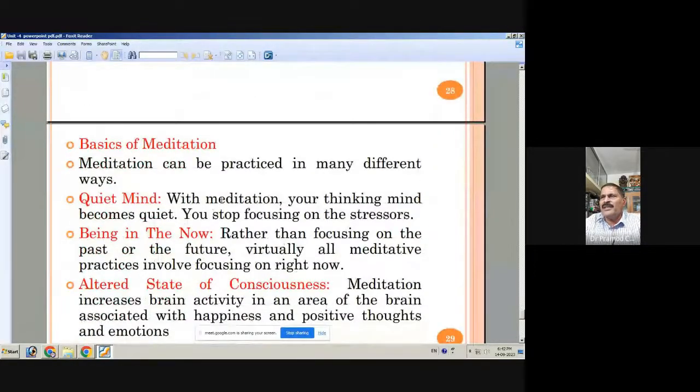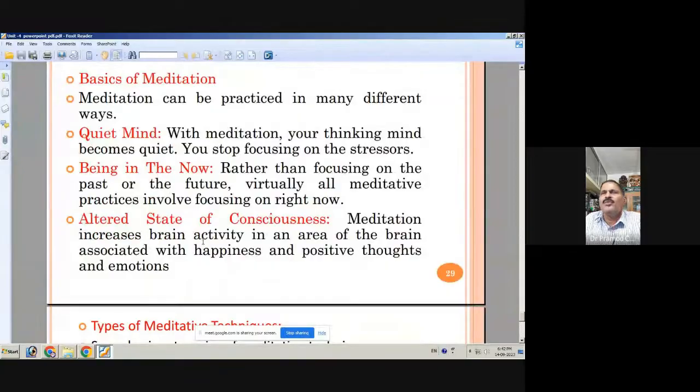Meditation can be practiced in different ways. One is quiet mind. Quiet mind means that through meditation our thinking process will become very quiet, and we will not focus on stressors, those who are giving the pain. We will not give stress to them. We'll try to avoid it. Our minds will be very calm and quiet. Being in the now,